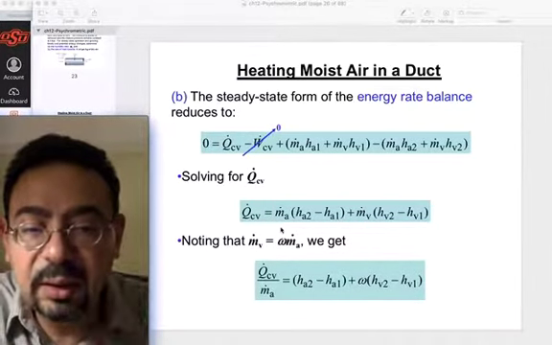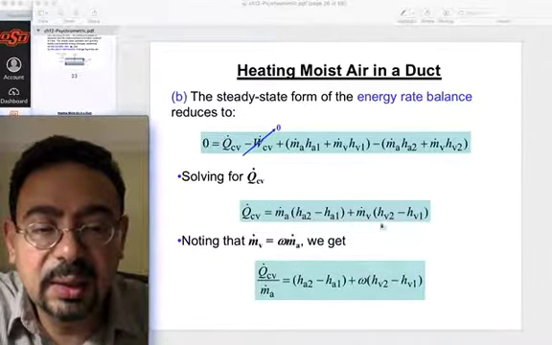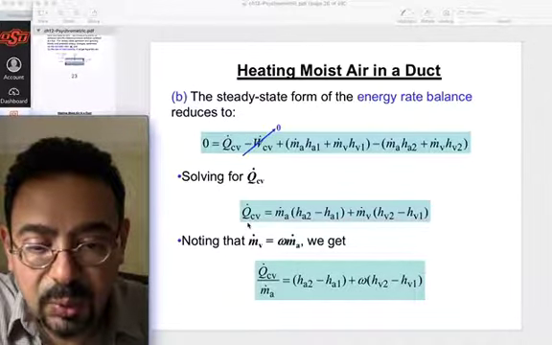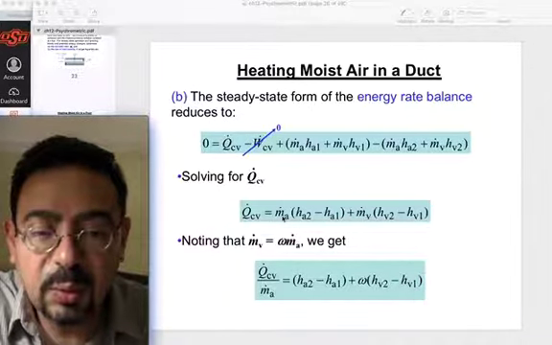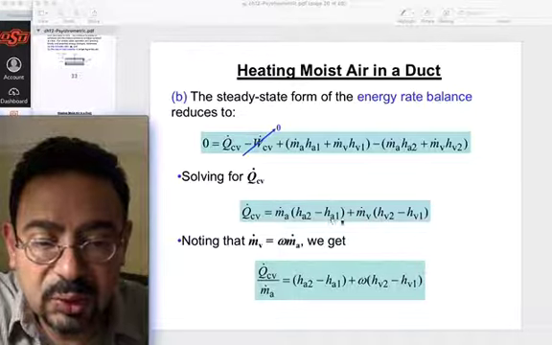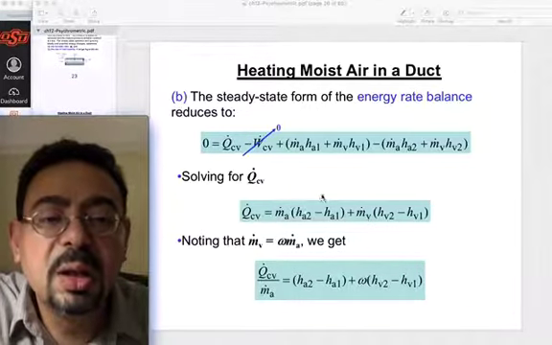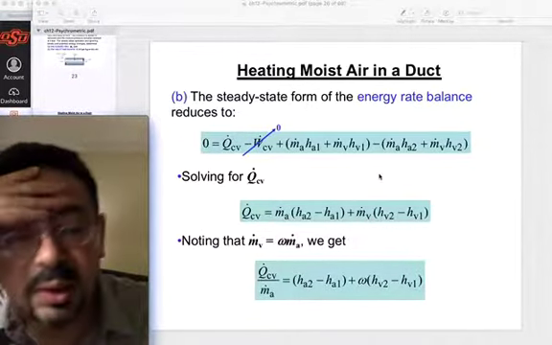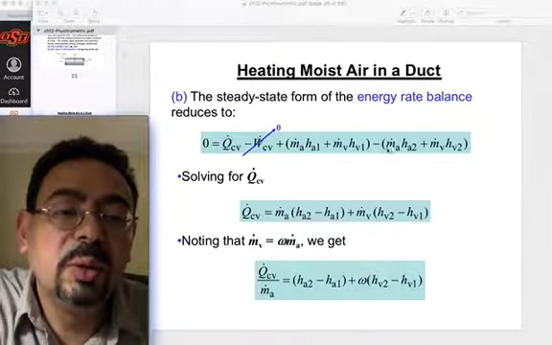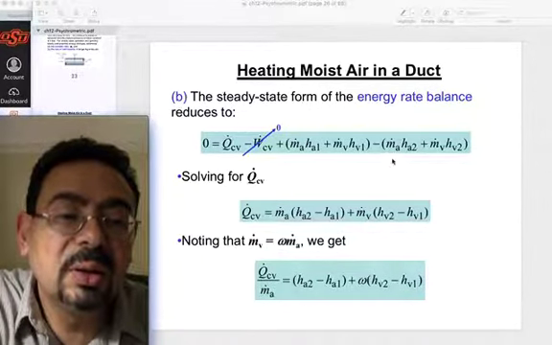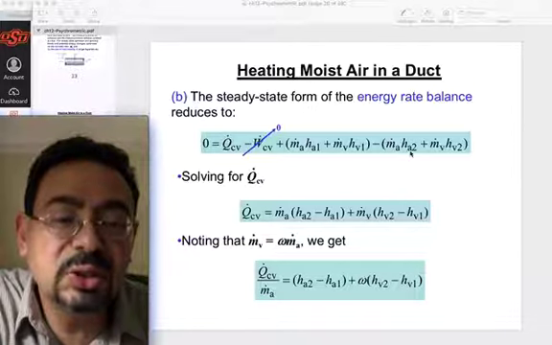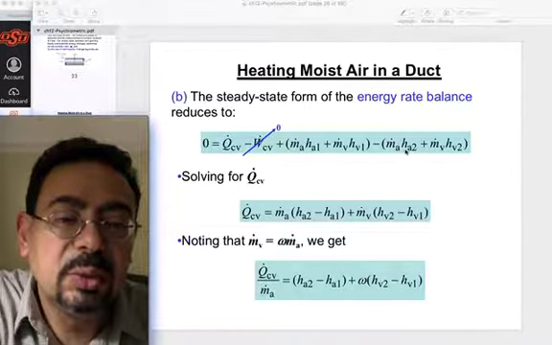But I really think it should be written like this: q dot minus w dot equal m dot 2 h2 minus m dot 1 h1. So what is m dot 2 h2? You got two things at the exit, right? You got m dot dry air multiplied by h air, which is dry air 2, plus m dot vapor,